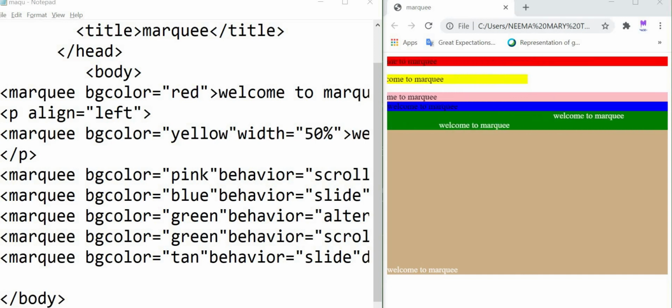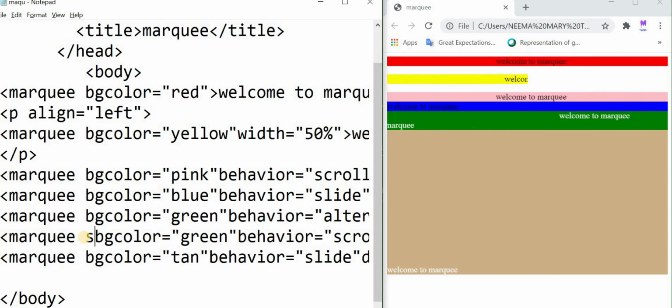Now let's learn another attribute of marquee, that is scroll amount. Scroll amount determines the speed of the marquee text. So we can give here, for comparison, better we can give here that scroll amount.